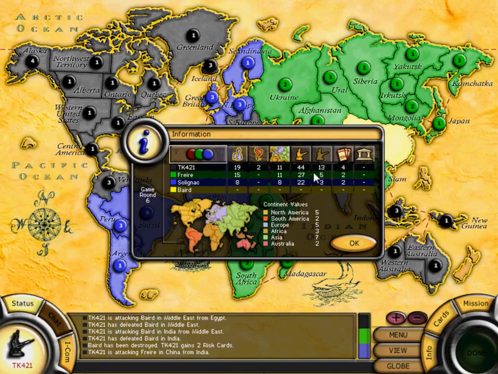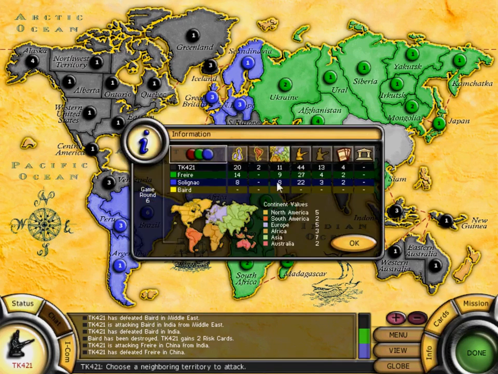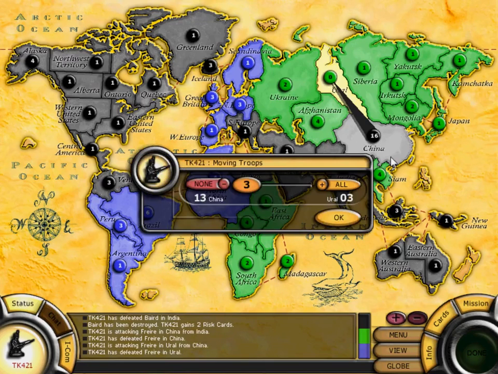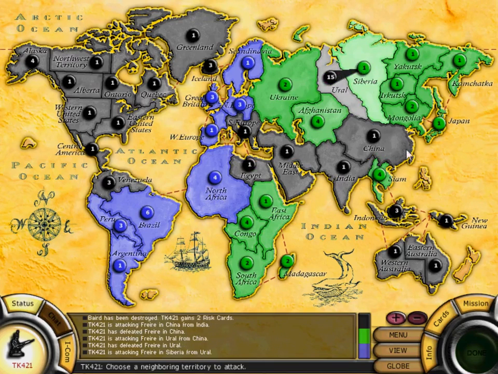If we look at info, we have the most troops. We have 25 more territories. Let's go this way. I think by now there's nothing they can do to stop us. We've won this game,